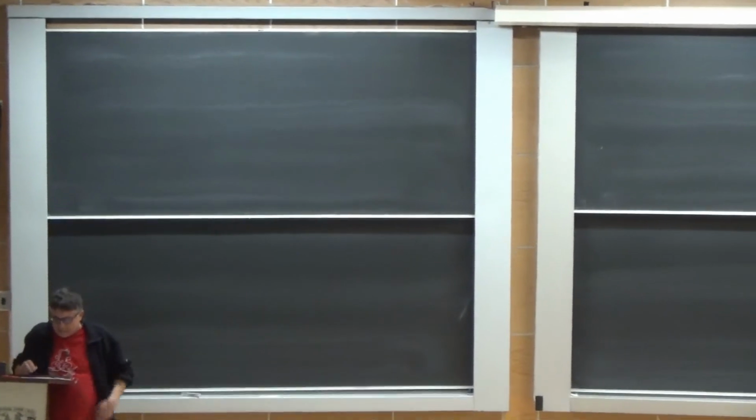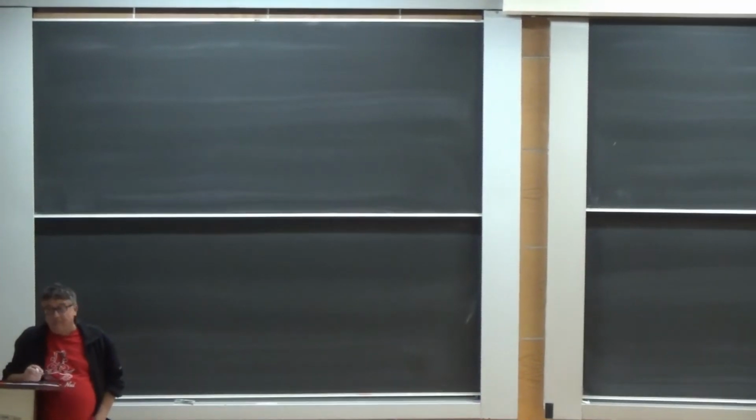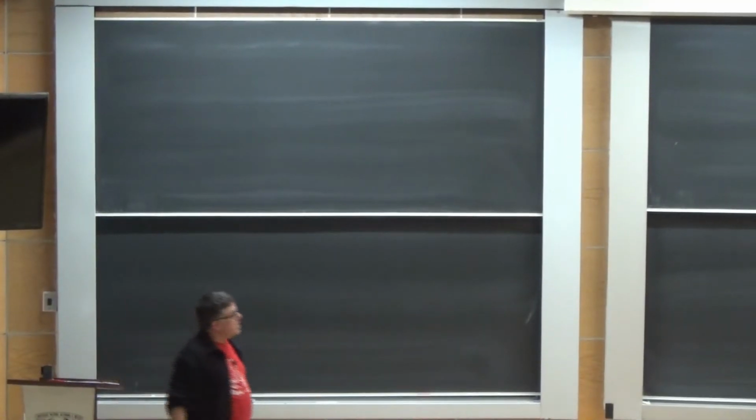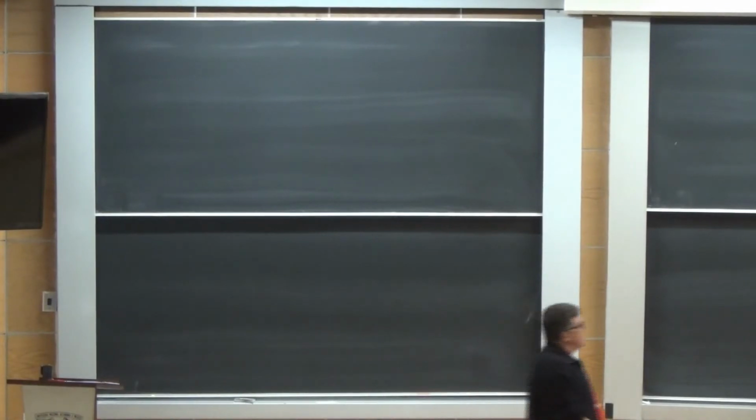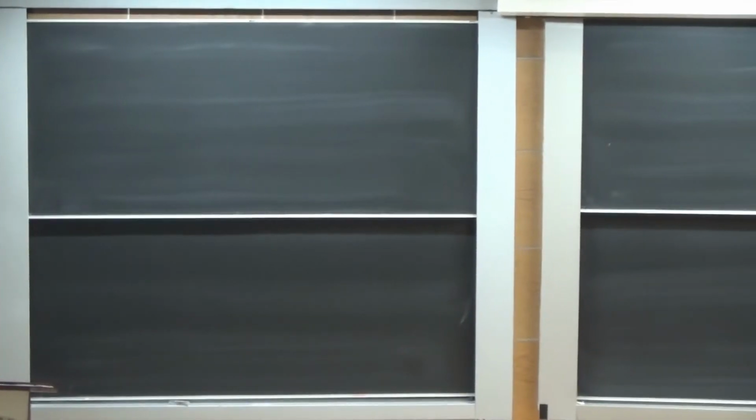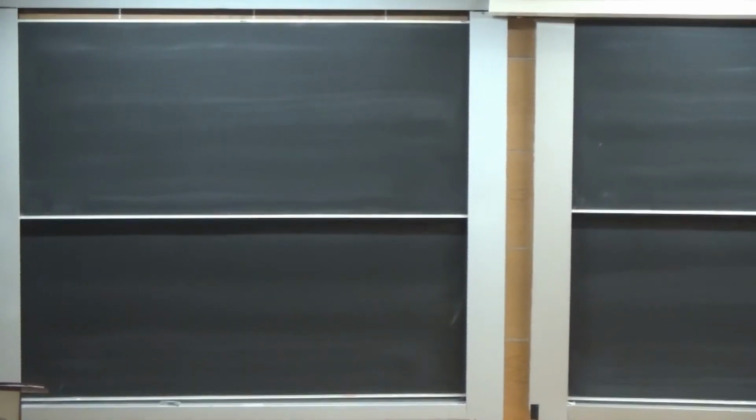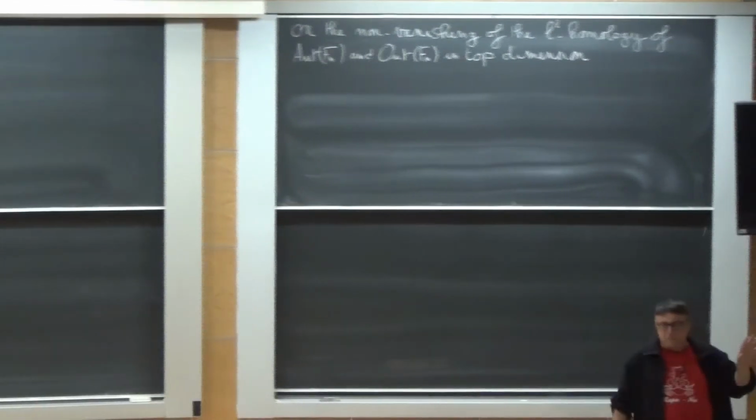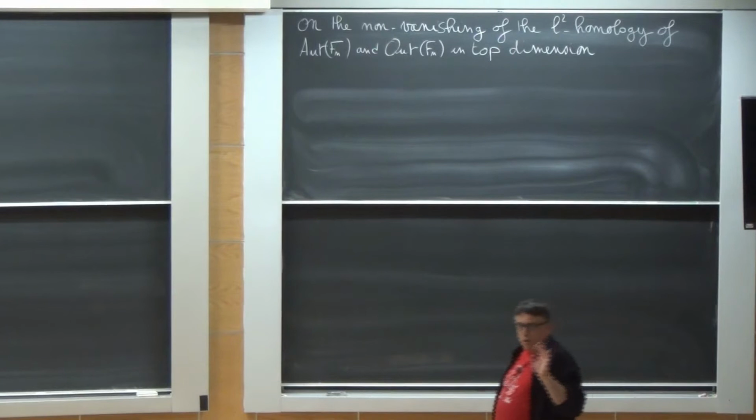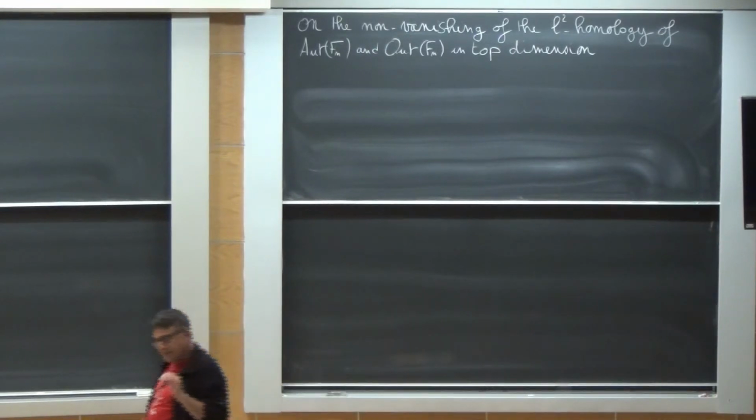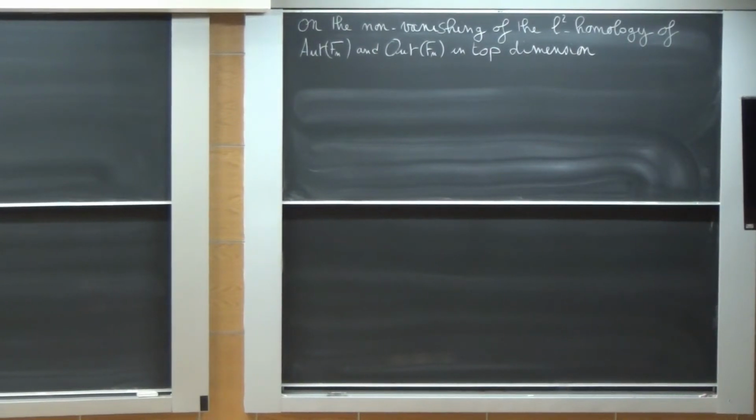Okay, so, on the non-vanishing of the L2 homology of Aut Fn and Out Fn in top dimension. First of all, you are not supposed to understand all the words in the title. And my goal will be to essentially explain them and give you an idea of the result behind this